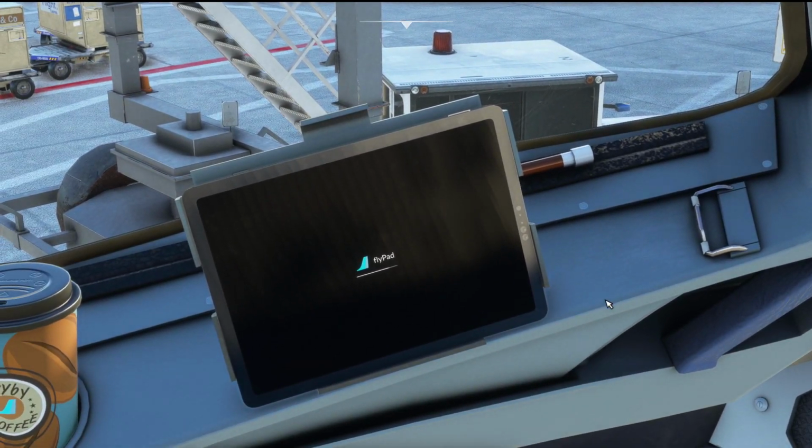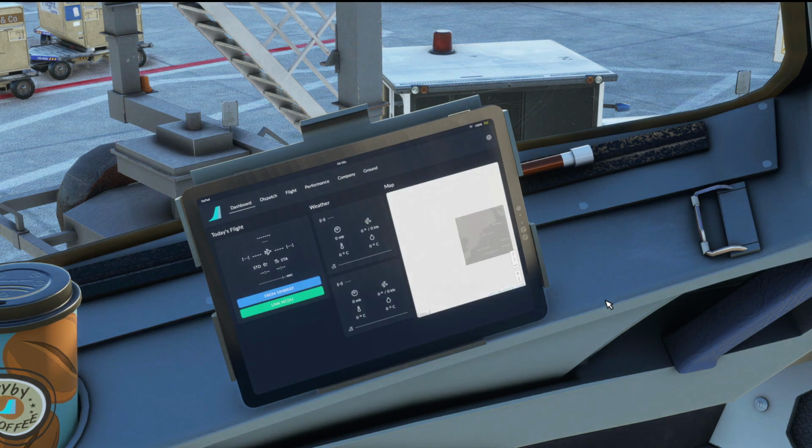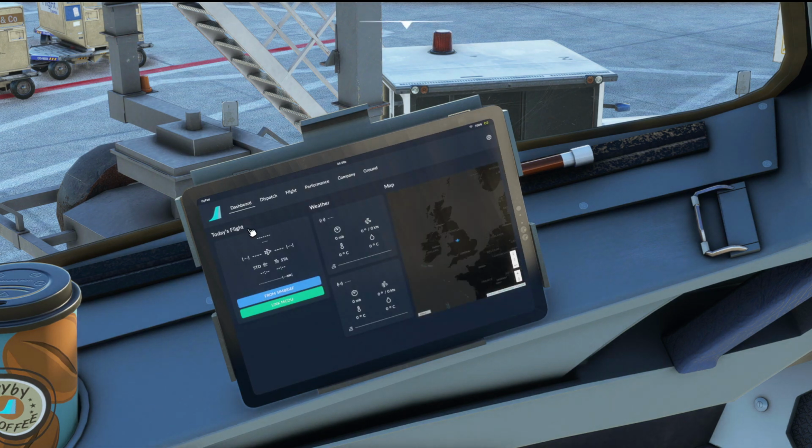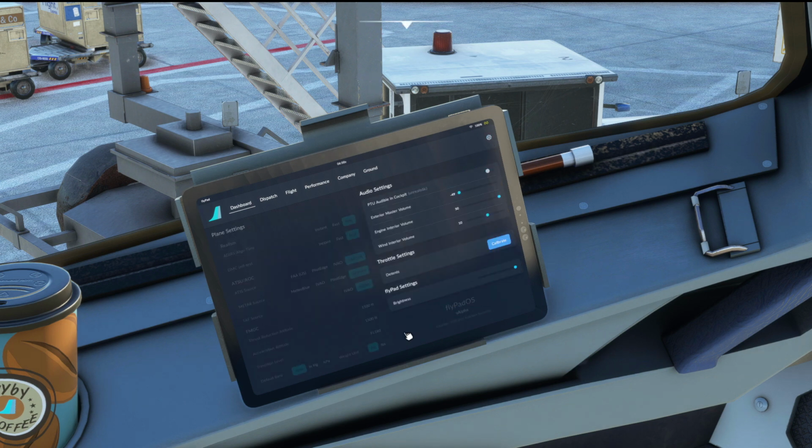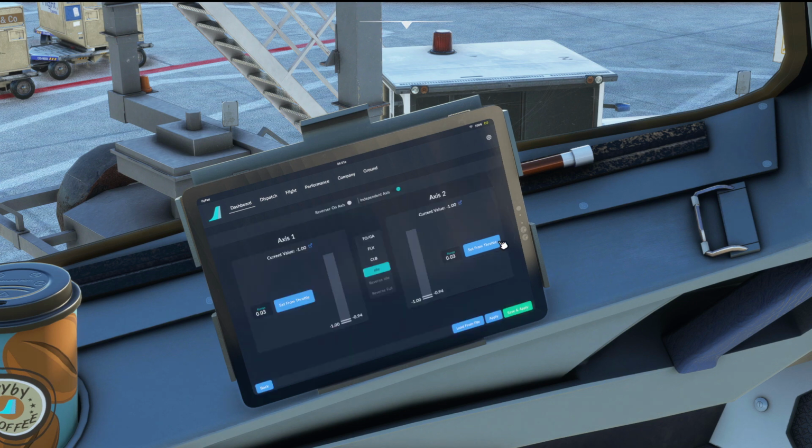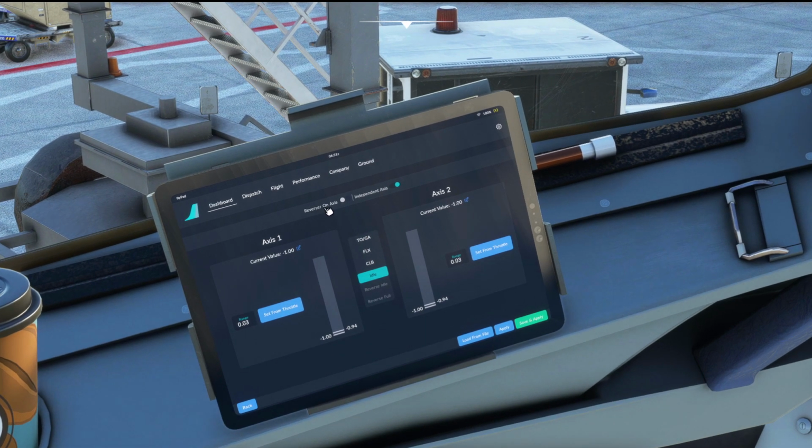We turn the flyPad on now because we need to calibrate the throttles, and this is an important step. From your dashboard, click the settings cog on the top right of the EFB and it will take you to your settings page, and you now have throttle settings, detents, calibrate. Click that and we've got two different axes, and of course different settings here. You've got idle, climb, flex, toga to set, and there's a bit at the top that says reverser on axis, yes or no,